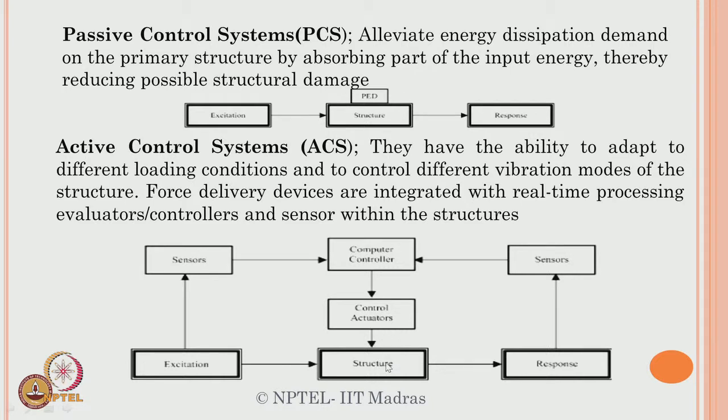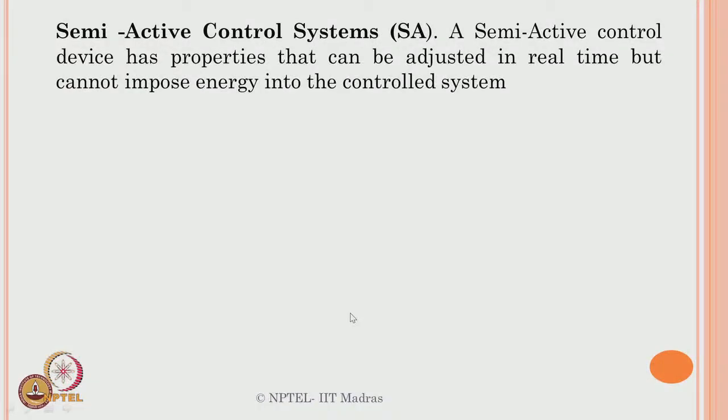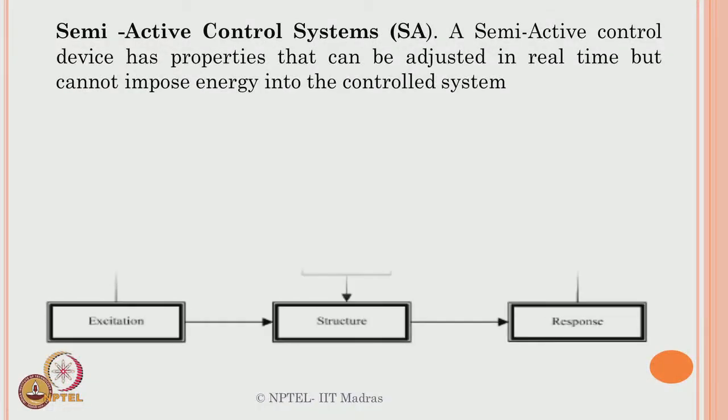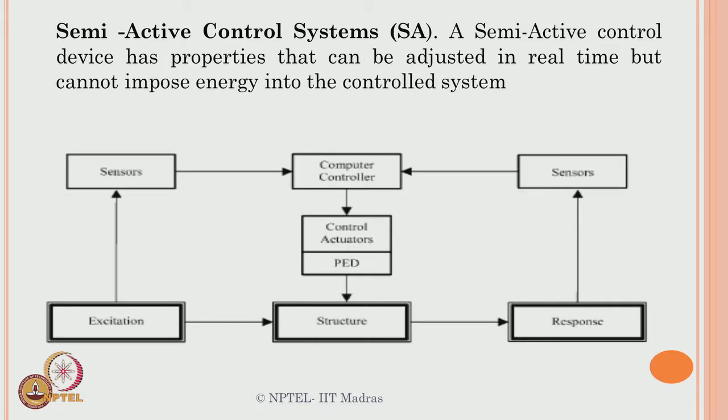Okay. In case of power failure, let us say, or in case the sensor fails to recognize the response, or there is a phase lag between the sensor response recorded and that of the structure, the active control may not work efficiently. Okay. There is something called semi-active control. This is a combination of these two. So, you have a passive control mechanism partly in place, and partly you also have actuators. So, it is called a semi-active control system.